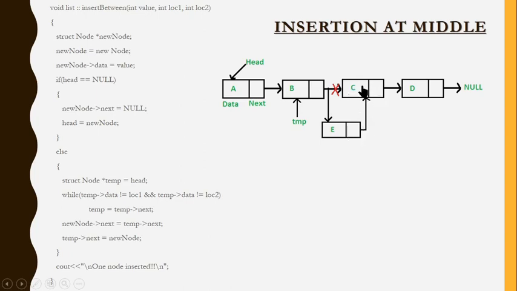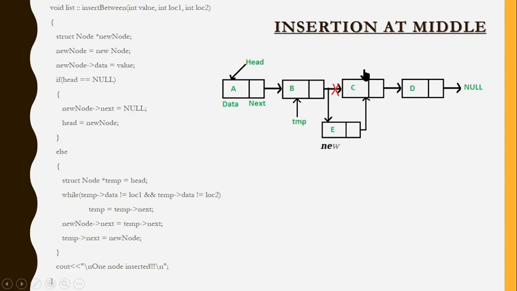The reason I'm saying the right side connection is, if you create the left side connection first, that means you're bringing the E address to the B. What happens is the B address will be here, the E address will be here, and here we don't have any connection, but the second partition of E is going to have a null. What is the meaning of it? When I see null over here, that means this E is the end of my linked list. That's how the program will consider. So A, B, E, and the second partition is null, so it will automatically terminate. That's going to be a big problem. That's the reason I'm saying don't create the left connection first, go for the right side connection first.